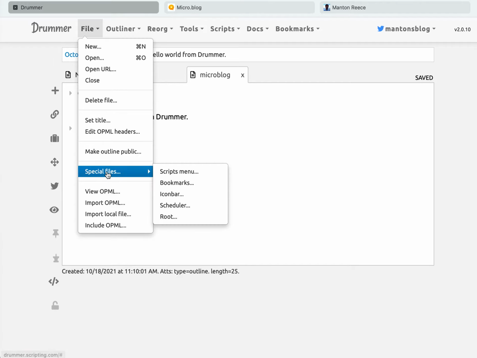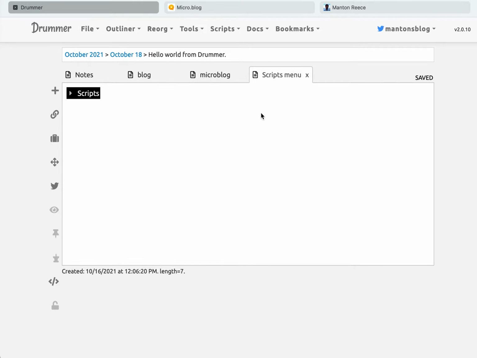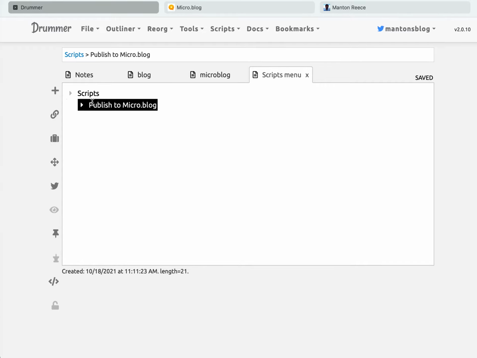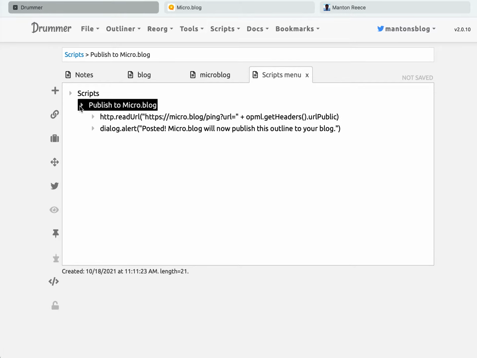Say File, Special File, Scripts Menu. This adds an outline that will be the scripts menu up here in Drummer. And I can paste in that script that I had in Micro.blog, hit Tab to make sure that it's under the scripts menu. And now when I say Scripts, I get this Published to Micro.blog item. And you can click through. This is just a 2-line script. It basically tells Micro.blog, it requests this URL and passes the current outline document and tells Micro.blog,